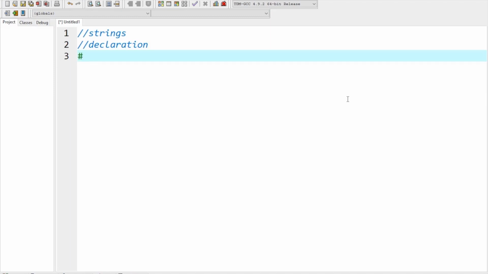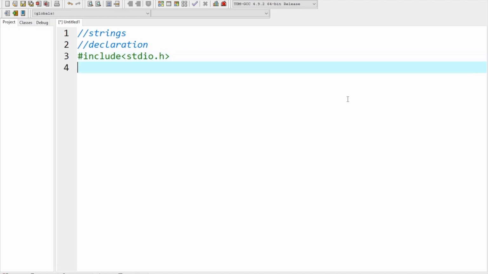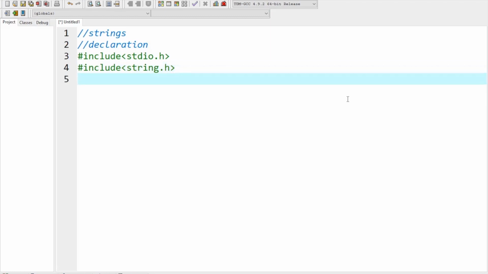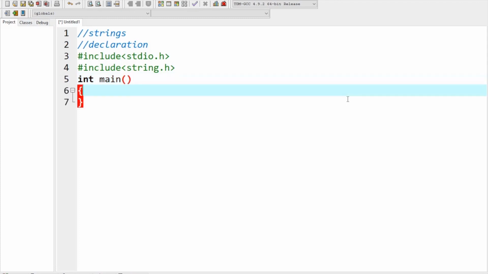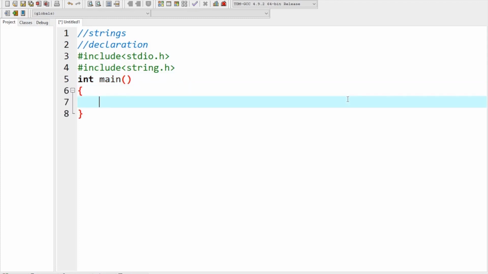Okay, first thing we need to include is the libraries, the standard input output library. And whenever I'm going to deal with strings, I'm going to add another library, string.h. If you are going to use any strings inside any program, whether it is used or not, better go with the string.h library file. Okay, and I'm going to declare a main function. Inside the main function, I want to declare a